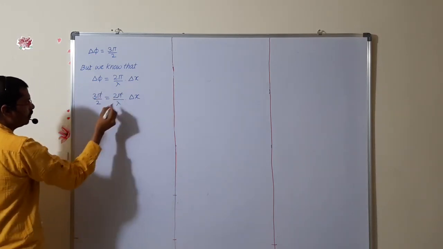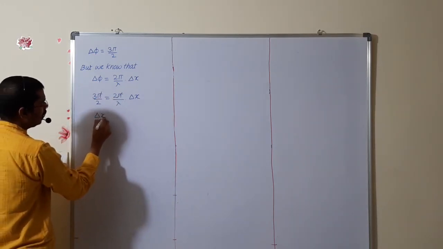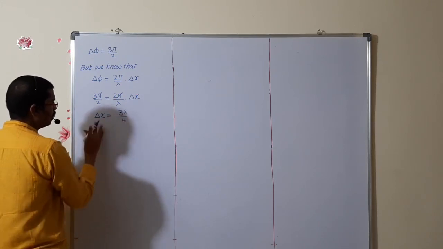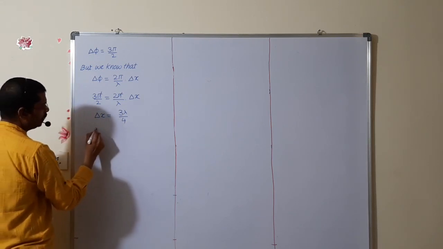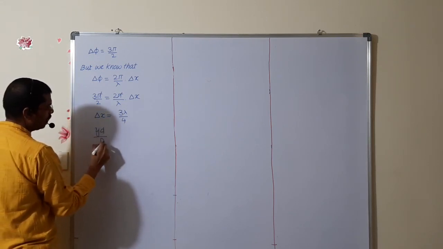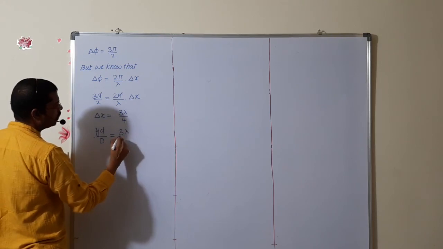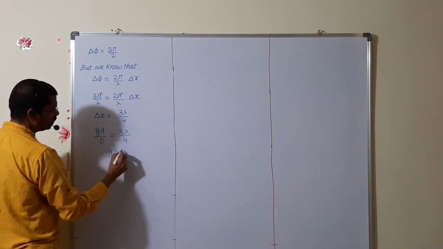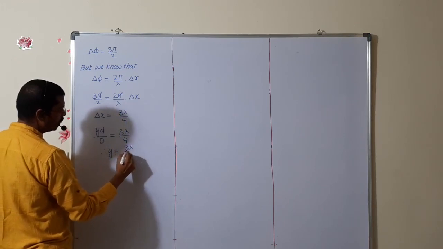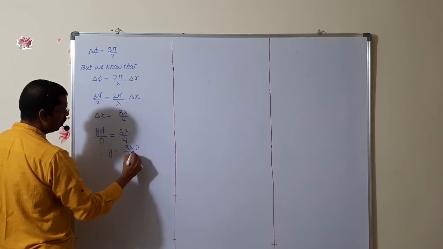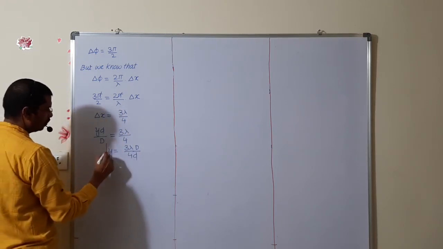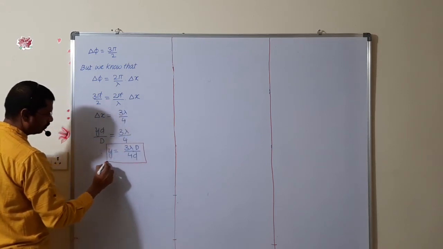Pi will cancel, then delta x is equal to 3 lambda upon 4. Delta x is y d upon capital D, equal to 3 lambda upon 4. Therefore, the y value is 3 lambda upon 4 into capital D upon small d. This is the value of position. Okay, like that we have to